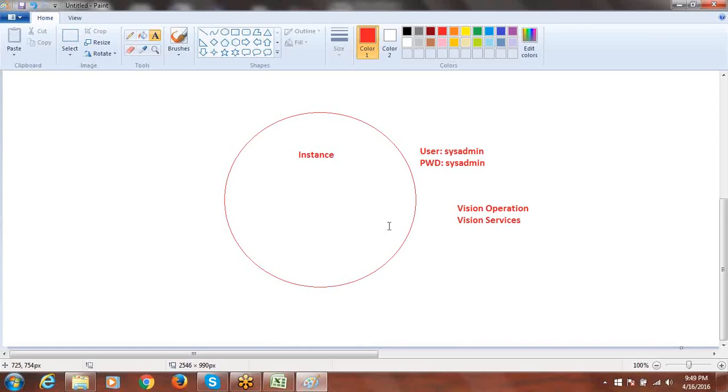What is the difference between the fresh instance and the Vision instance? In the Vision instance you have some sample data. In the fresh instance you won't have any sample data. Everything we have to create. Now, just for the sake of this training, we are going to use the Vision instance, but